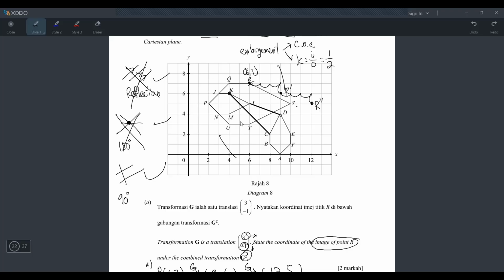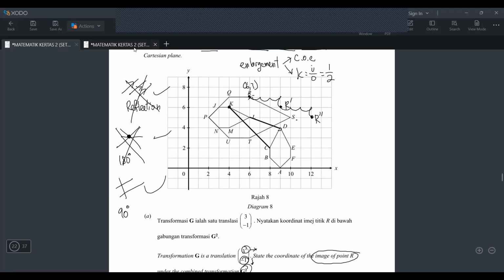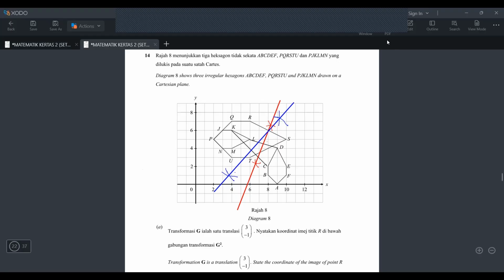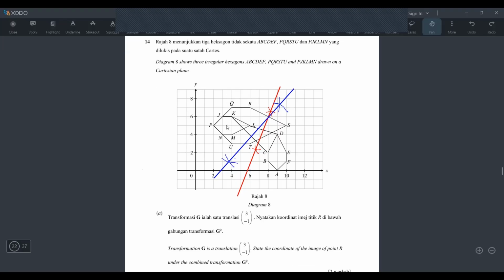So let me show you the one I did just now. So I will go back to the page. This is how it will look like. Okay, this is how it will look like. So focus on the red color and the blue line, the red line and the blue line. Okay, because that's the compass line. Okay, don't look at the black line. The black line is not the